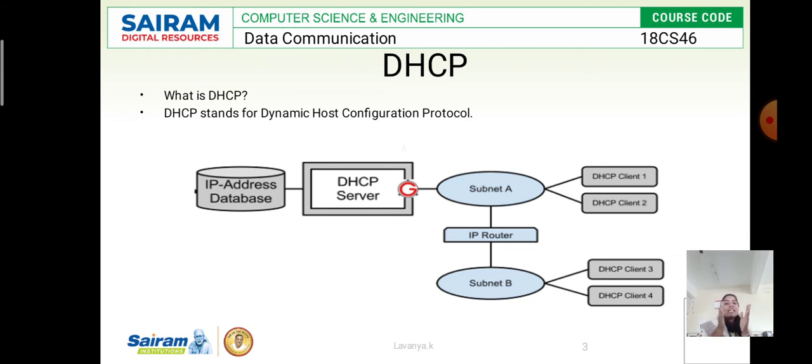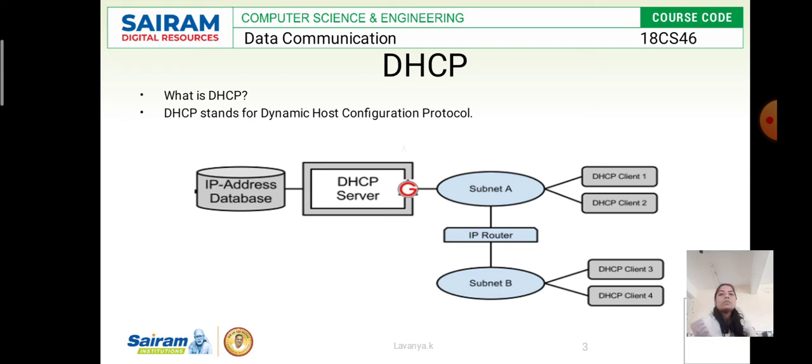This message contains the network configuration settings for the client that sent the DHCP discover message. Then what is the DHCP request? It is the message sent in response to the DHCP offer, indicating that the client has accepted the network configurations or not. If the client accepts the network configuration, the request is sent in response to the DHCP offer message from the server.